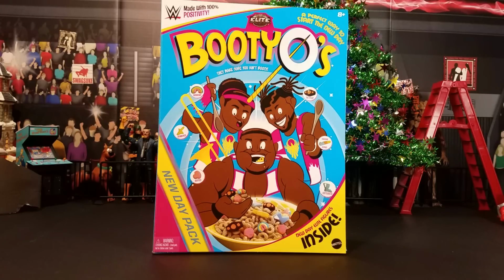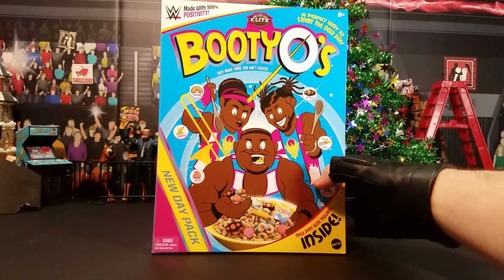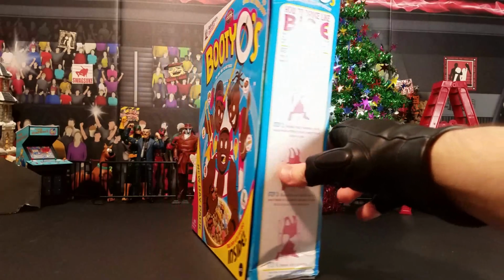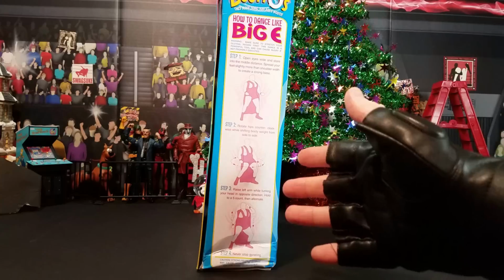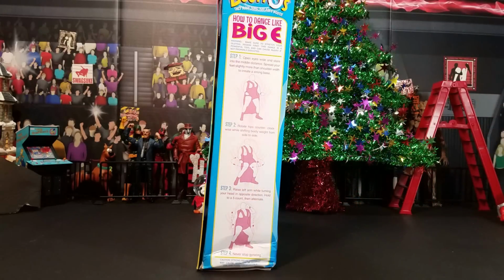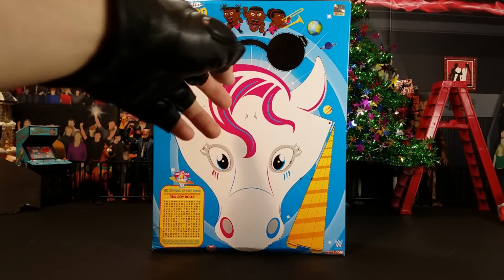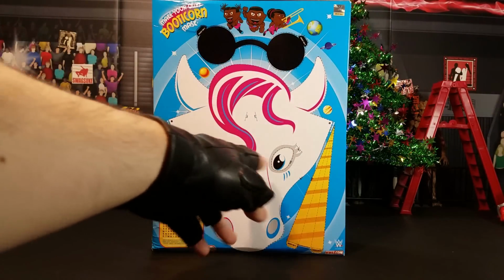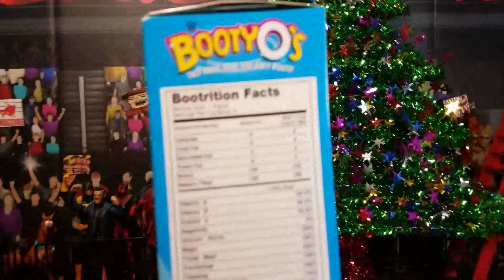I love that Mattel went to great lengths to recreate the packaging from the New Day's cereal box, Booty-os. You got Xavier, Kofi, and Big E just chomping away. And on the side of the packaging, it actually has the same thing that is on the box. I mean, it's got Big E's hip swiggle or whatever they call it. And on the back, you got little cartoon characters of the New Day. You've got sunglasses, and you've got a unicorn mask thing here. It's all freaking awesome. And I love on the side of here, you get this